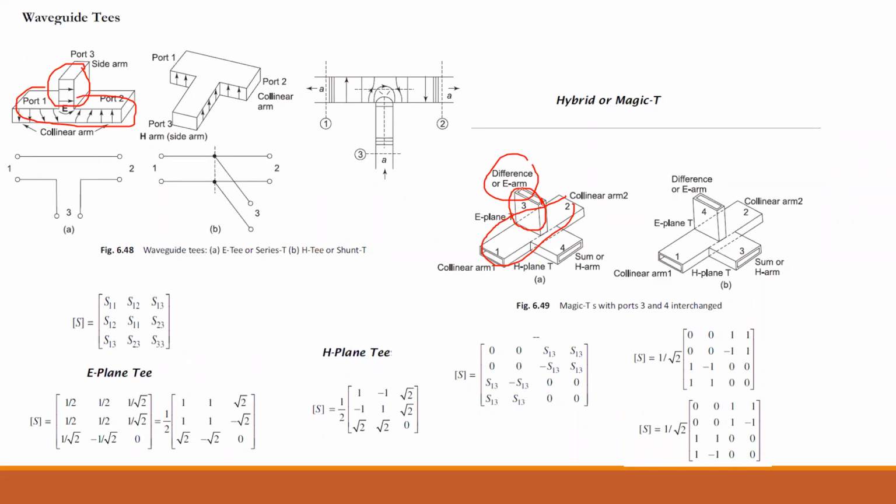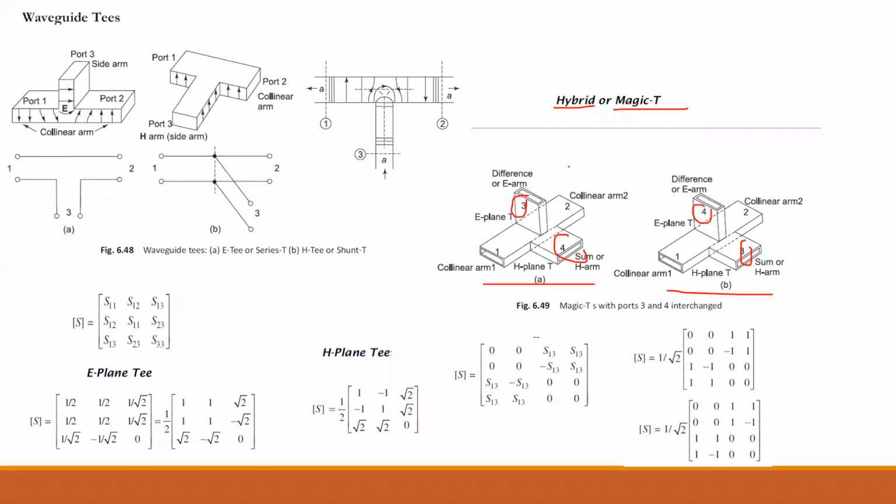Now here we can see the electric field which will be present in this arm. So there will be only electric field present in this. Now, along with that, if you provide this also, then you will be getting the H arm. So now in this case, you are having both the arms. But in the other cases, you are having either the E arm or the H arm. But in this, you are having two side arms, one for E and one for H. So because of this hybrid, it is termed as the hybrid T or the magic T. Now the only difference between this and this is you are changing the orientations of 3 and 4. Here this is identified as 3 and this is identified as 4.